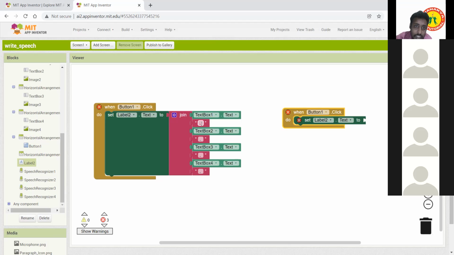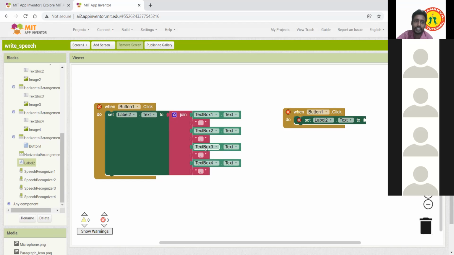This is not empty text, this is full stop. Okay, sir, I'm just making a full stop. Because we are going to make a paragraph, we are going to combine all the text together, so it looks like a paragraph. For each line you need to make a full stop. So this is full stop, not empty text.